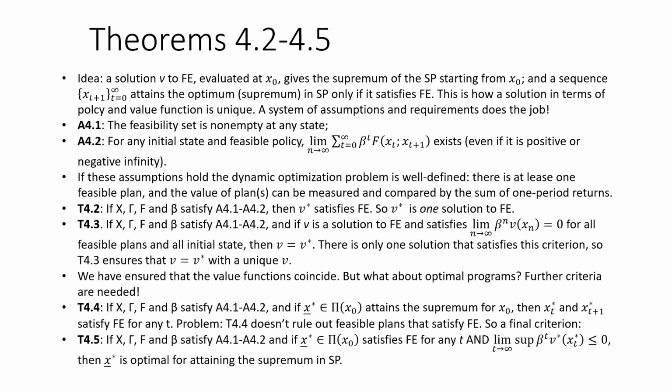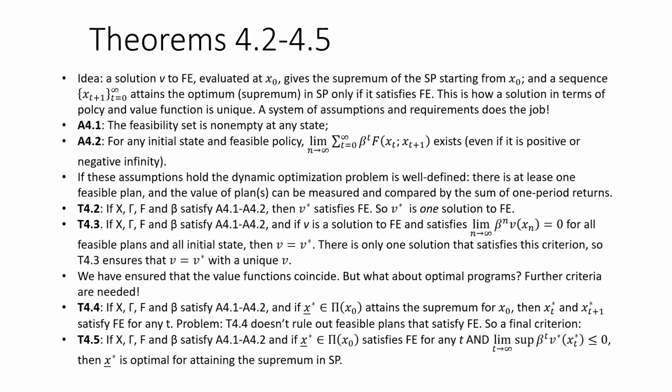Okay, so the value function coming from the sequential problem is one solution to the functional equation, but there is no guarantee at this point that the functional equation doesn't have further solutions. So Theorem 4.3 gives a further criterion by which we can ensure that the functional equation has only one solution